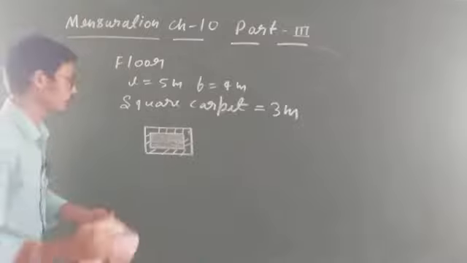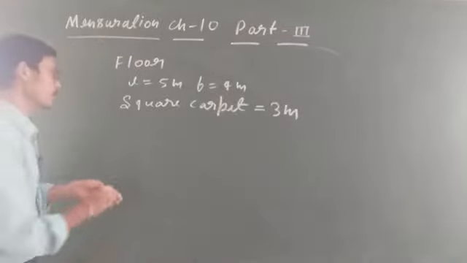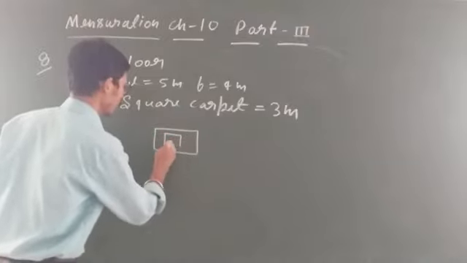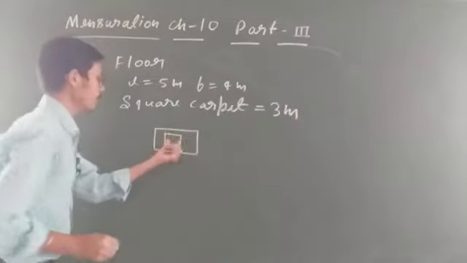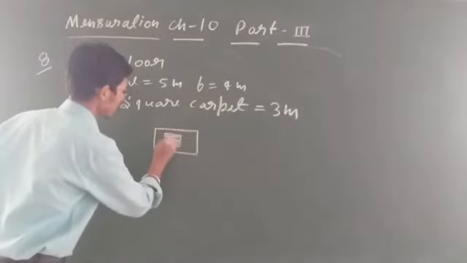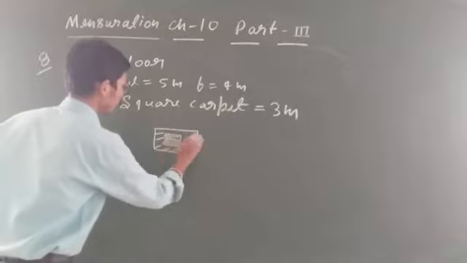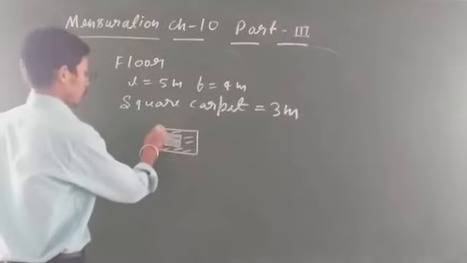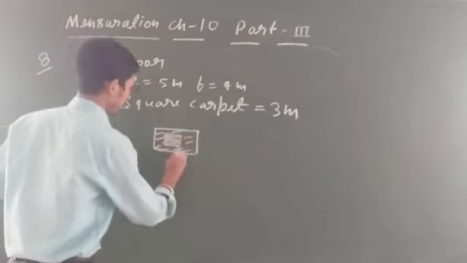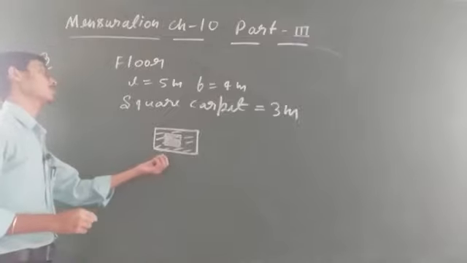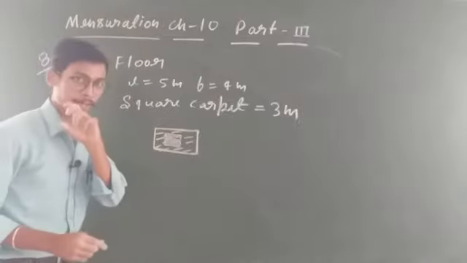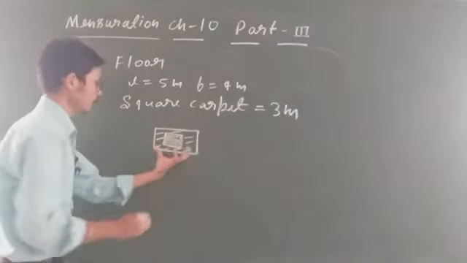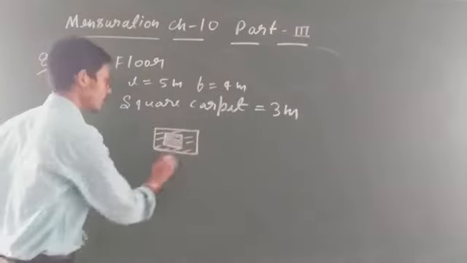And a square carpet is given; the diagram is a little bit wrong. Square carpet is given, if this is your rectangular floor. Okay, this is the square, so this carpet only covers this part. This remaining part is left. Clear? So what you will do: anyhow you have to find out the area of this total rectangle and the square. Then you will subtract this part from this rectangle, and we will find out the left part.